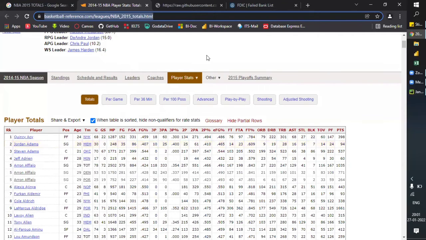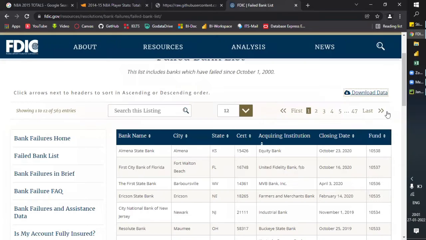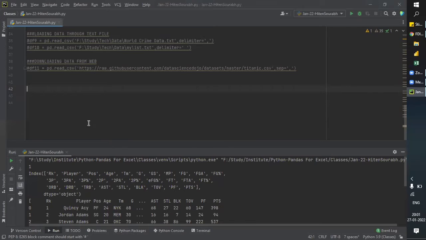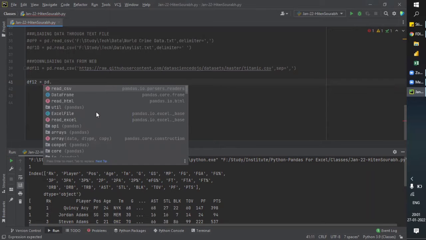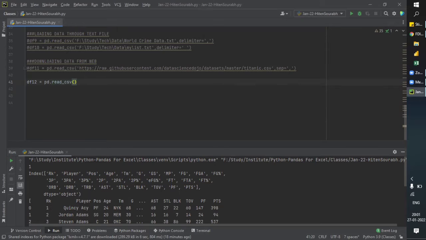So we copied the GitHub data link the same way, from right click, copy link address, and then we'll go here, same df12 equals pd dot, and this also you would write in CSV, nothing new, and then start the parenthesis.